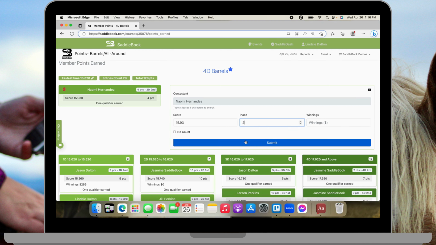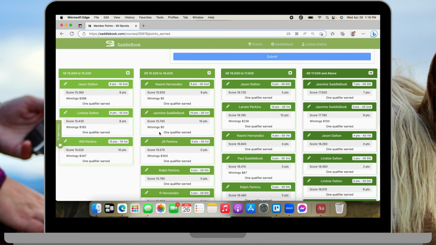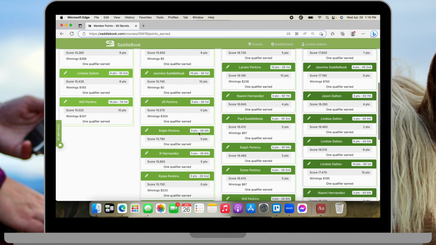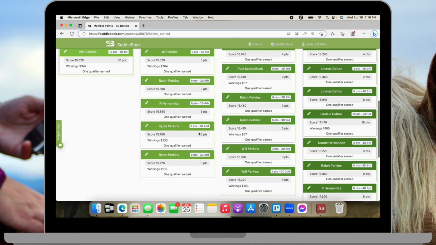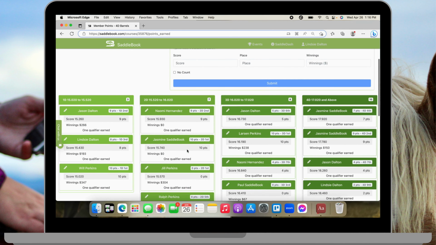We can then change her from her original 2D 7th place to a 2nd place, and that will make her new point value there at the top. And you can do that with each person that should receive higher points if that's how you wish,